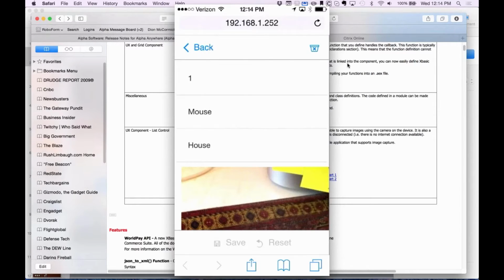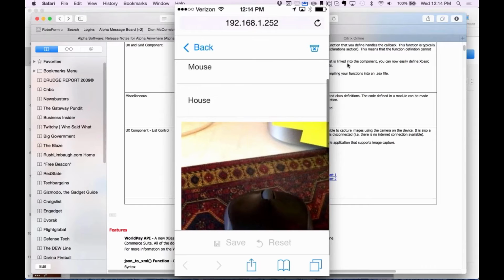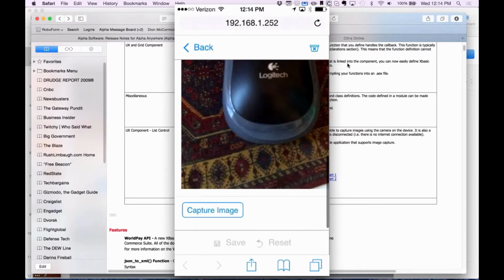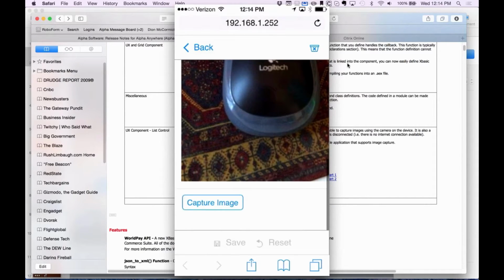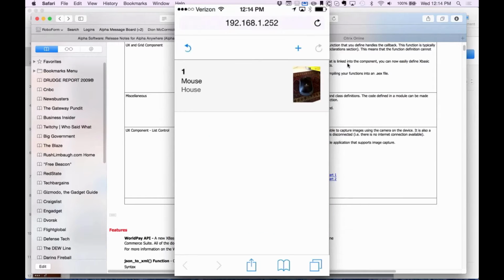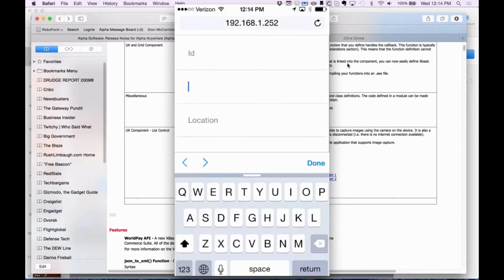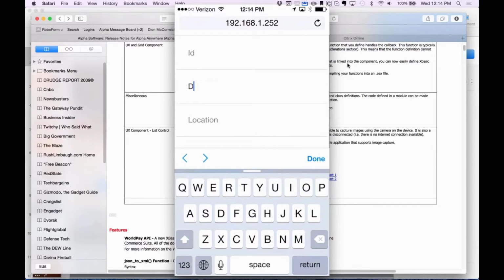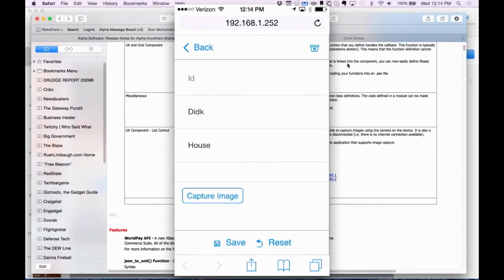So I'm going to tap on the mouse, and you'll see that I'm able to sit there. It's very smooth. It looks beautiful there. I can go back. I'm going to add a new item here. Okay, so I'm going to call this disk, and then I'm going to put it in the house. So I'm literally in real time using my phone, and I'm going to click capture image,